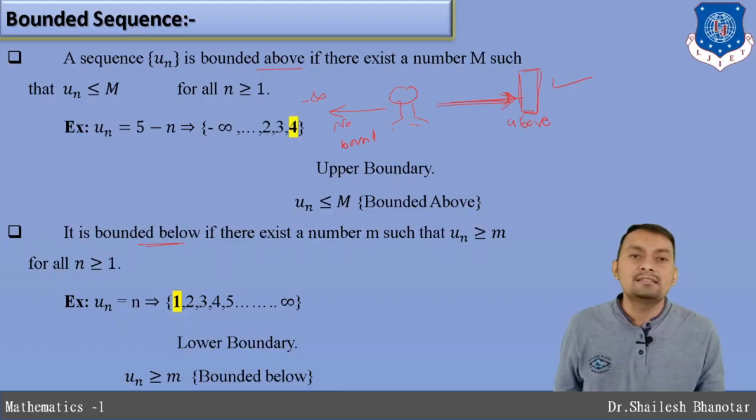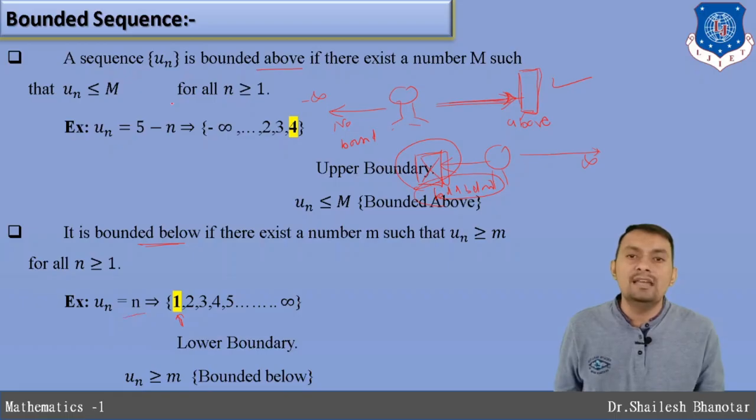But when we consider that the man is going to the left-hand side, there is a bound, he is not able to cross this one, but this side is infinite, so what we can say is that this is bounded below, and on this side there is no bound. So we can say this is bounded below by this quantity, and therefore we can conclude 1, 2, 3, 4, 5, 8 and so on; this is a lower bound, and therefore it is known as bounded below by this one for this sequence.